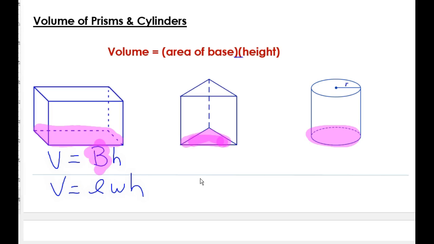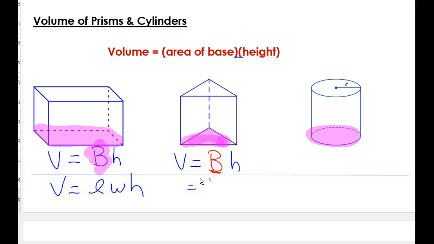All right, so moving on in the same way, when I look at this triangular prism over here, I know that the volume is going to be equal to the area of my base, so capital B, times the height of the object. So, well, what is the base? It's a triangle. And you may remember that the formula for the area of a triangle is base times height divided by 2. So I'm going to replace this big B right here with the formula for a triangle,